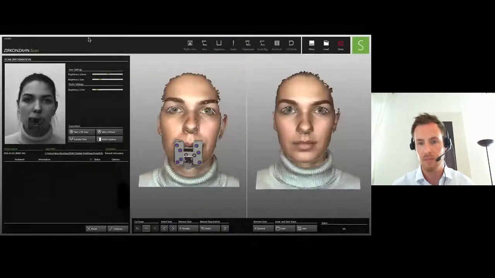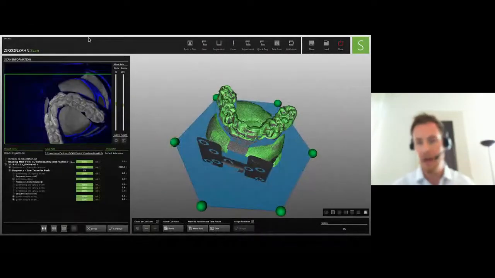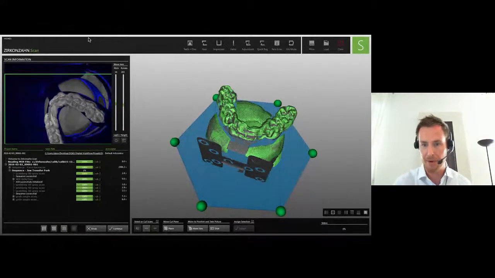After that, the patient takes this fork into the mouth, bites very gently onto it, and we make a facial scan of that situation. So we are not done right now. We take the fork out of the mouth and we have to rescan it with our desktop scanner, our table scanner. We scan the whole scan marker surface and the impression of the upper teeth we got from the